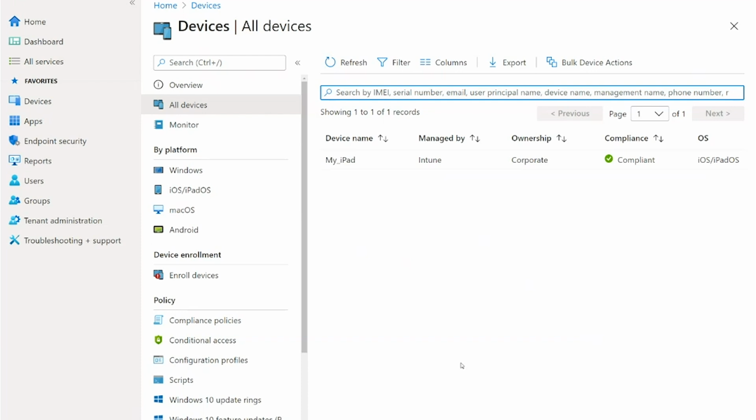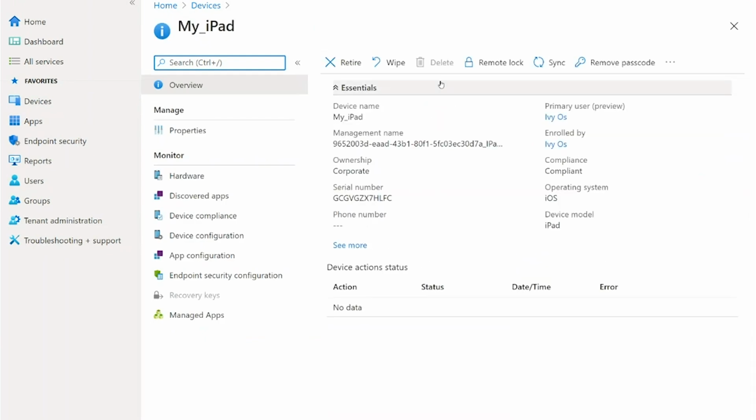Her view is way more clean and she can be really productive with what she needs to do. This is because we are only showing devices that belong to the finance department. And if Haley goes to this device, you'll notice that delete is disabled for her. This is because we do not want our help desk operators to be able to delete devices from Intune management.